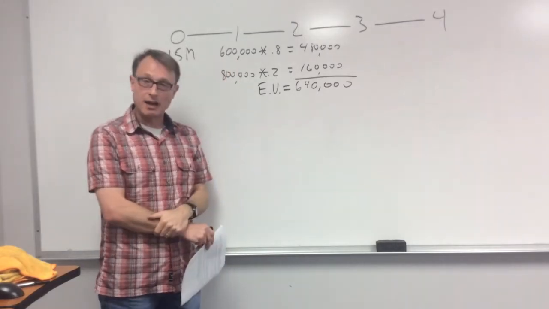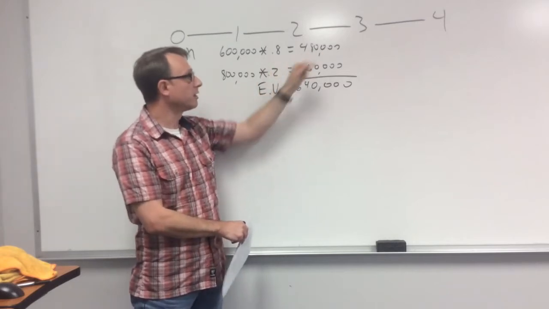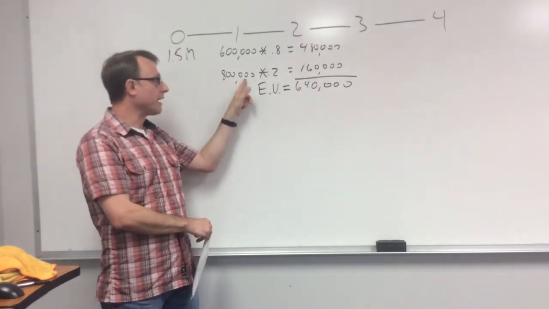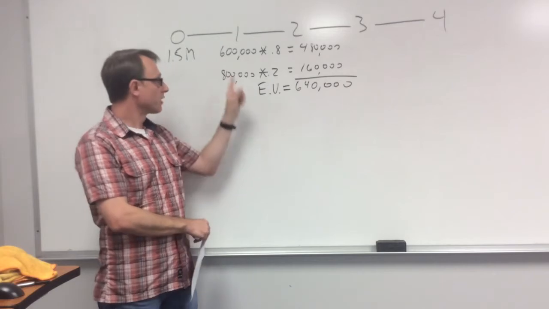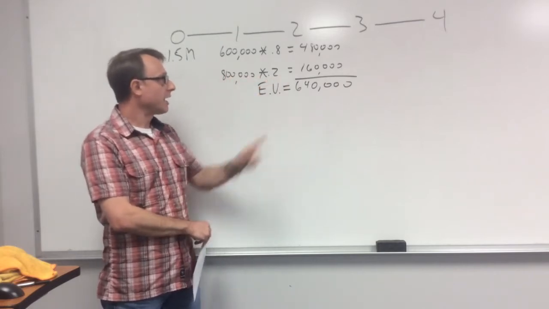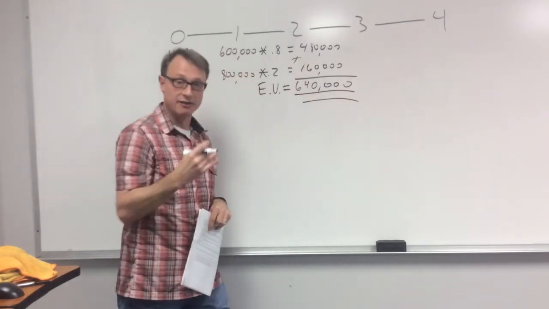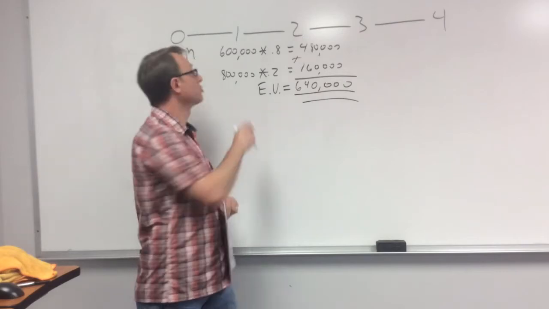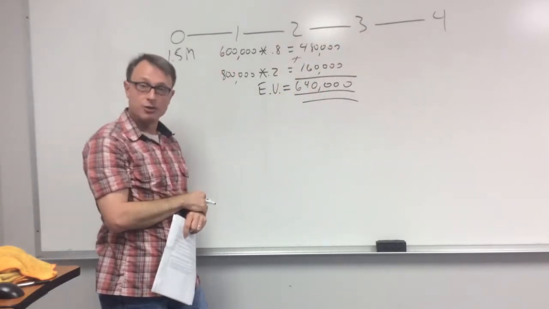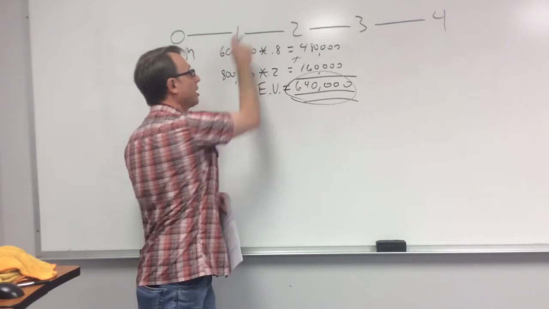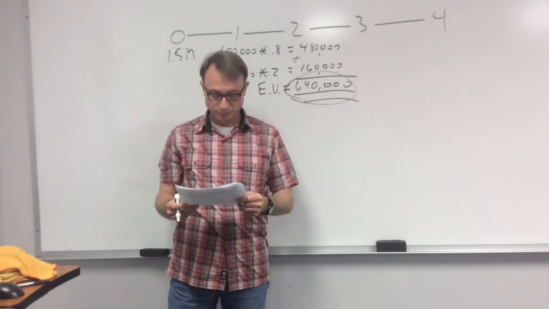We take that $600,000, multiply it by the 80% probability of that occurring. That gives us $480,000. We take the $800,000, that's in case the player does go to the Pro Bowl. There's a 20% chance of that. Multiply $800,000 by 0.2. And then we add those 2 values together. That gives us the expected value or the expected cash flow in year 1. And we would do the same for the other 3 remaining years. And we would use this as the cash flow in year 1 and use this to compute the present value